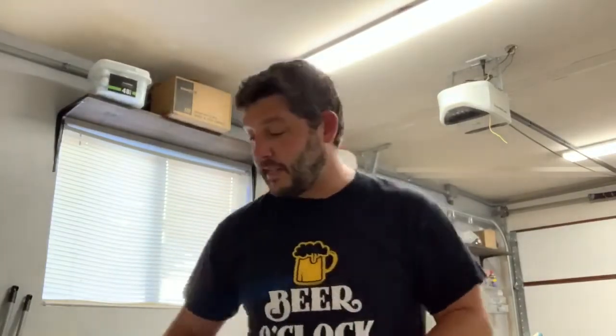So just like cold side oxidation, cold crashing sucks. Air goes right through your airlock and into your fermenting beer, which can cause cold side oxidation. My solution for that is a very eloquent DIY, a quick fix that involves taking